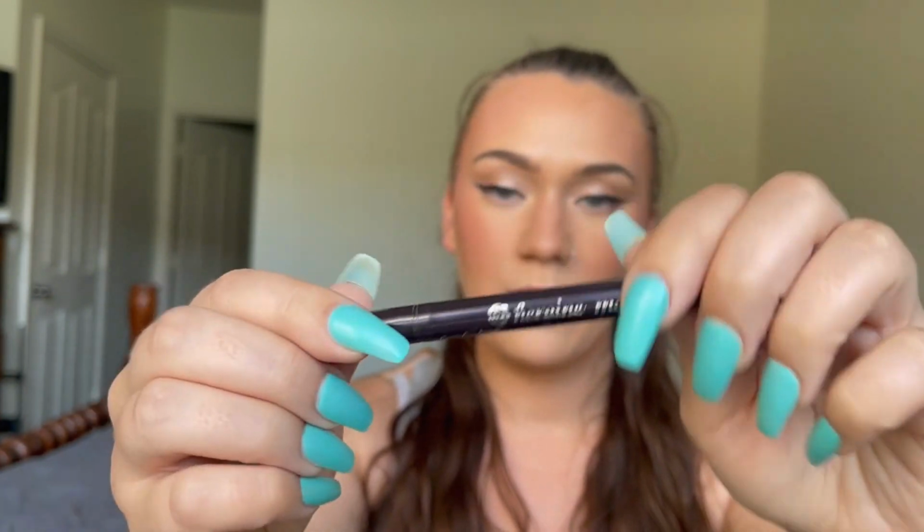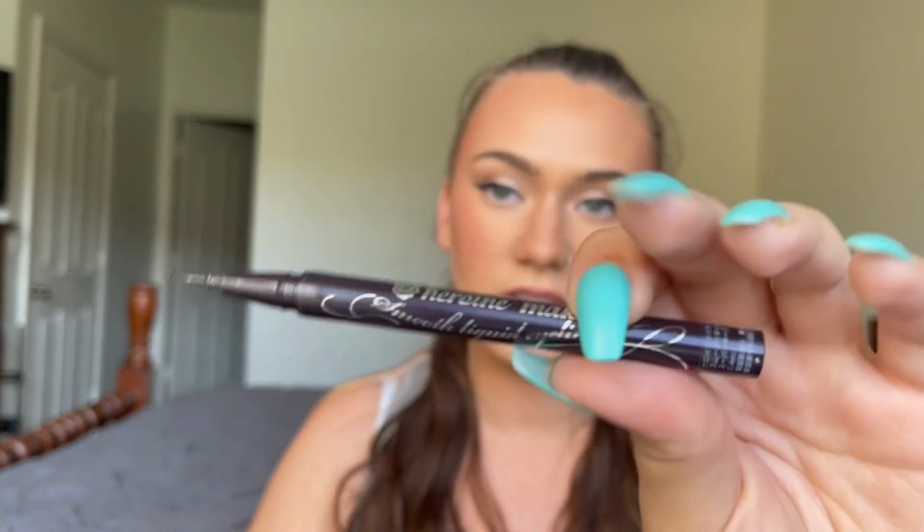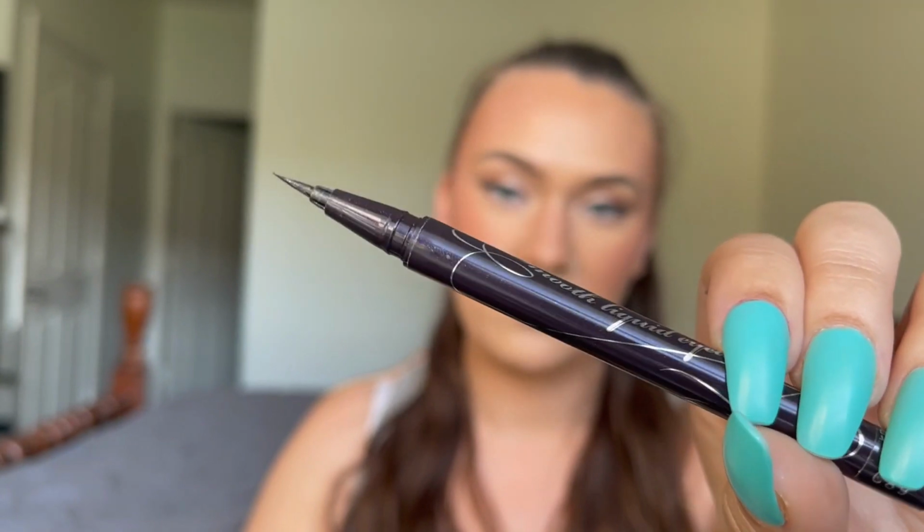Okay, to replace the Tattoo Tint Black Liquid Liner, I'm going to replace it with another black liquid liner. I was going to use the Heroine Make Smooth Liquid Eyeliner pen. It's the same type of brush tip pen as the one from Tattoo Tint, and I was using this guy today and I finished it. It's totally dried up, so I guess I can't use this anymore. So I'm just gonna remind myself to get rid of that,